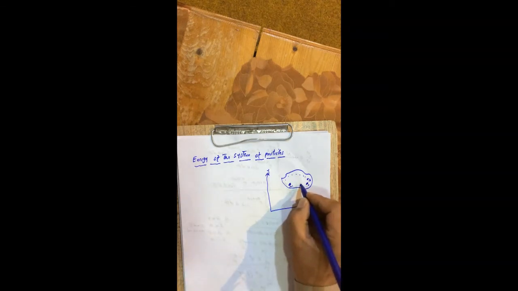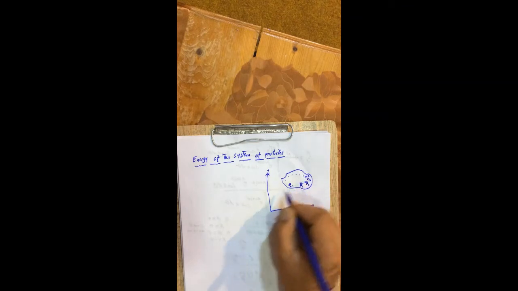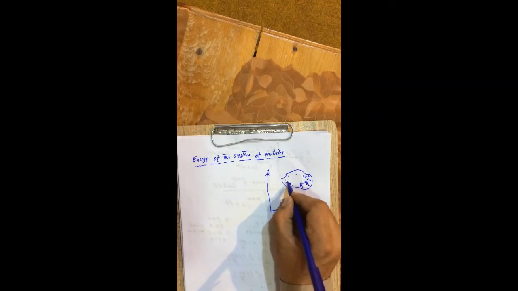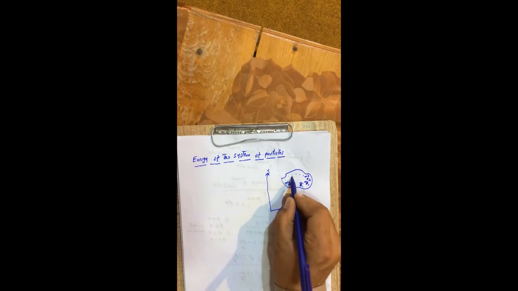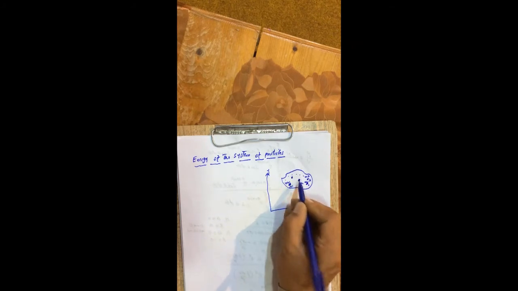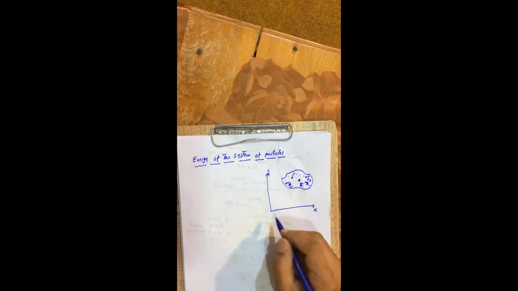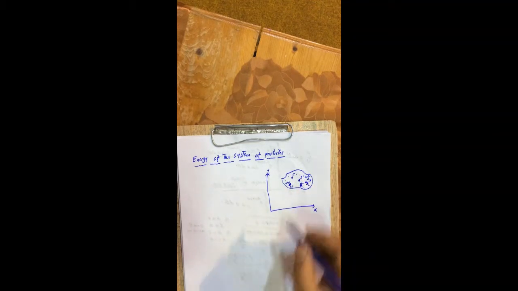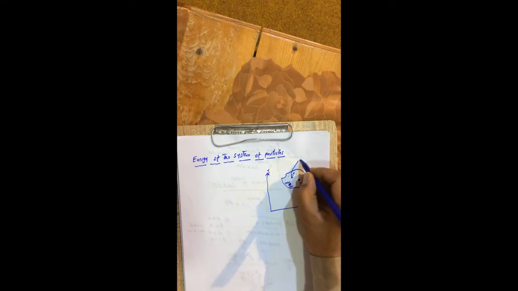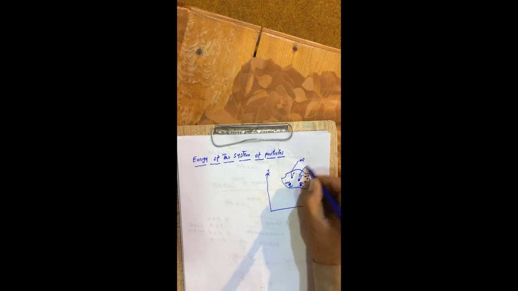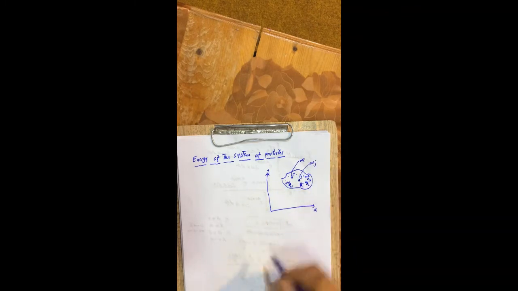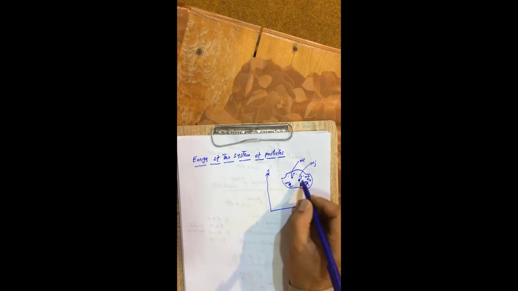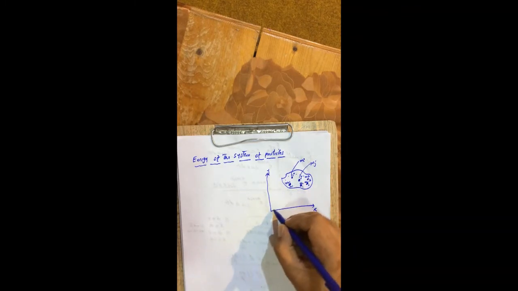This particle has a mass m1, this is a mass m2, this is a mass m3, and finally this is a mass mn. Now I consider two particles. Let's suppose this is the ith particle in this system and this is the jth particle in this system. This particle has a mass mi, and this particle has a mass mj, such that the position vector of this particle mj from the origin is